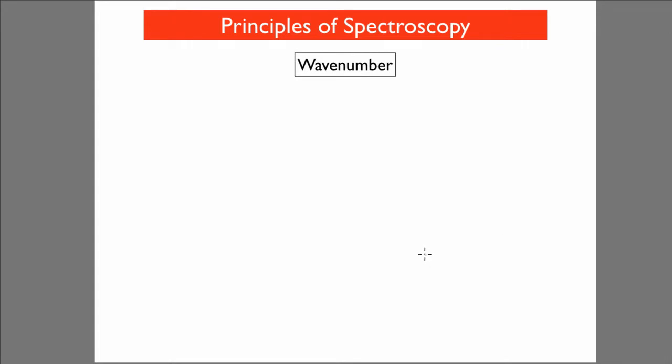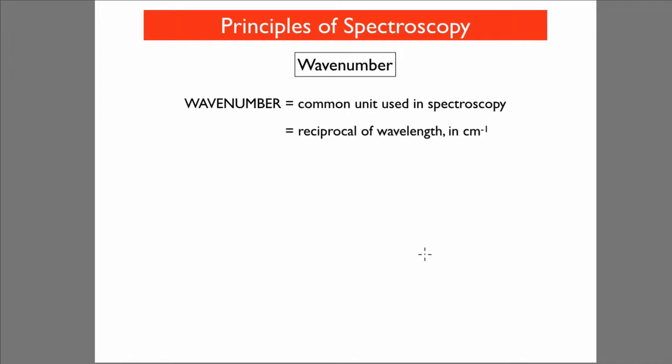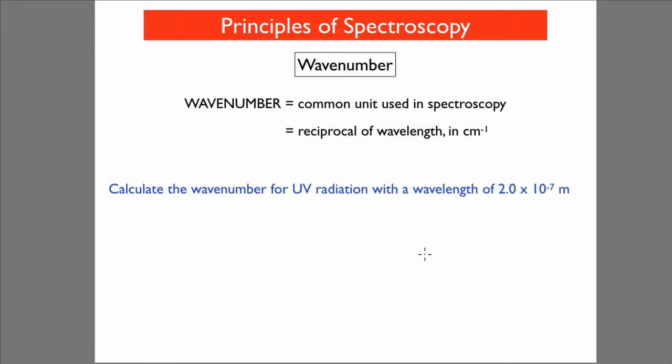Principles of spectroscopy. Wave number. Wave number is a common unit used in spectroscopy, and it's just the reciprocal of wavelength, so its units are centimeters to the -1, or 1/centimeters. To calculate the wave number for ultraviolet radiation with a wavelength of 2 × 10⁻⁷ meters, we would first of